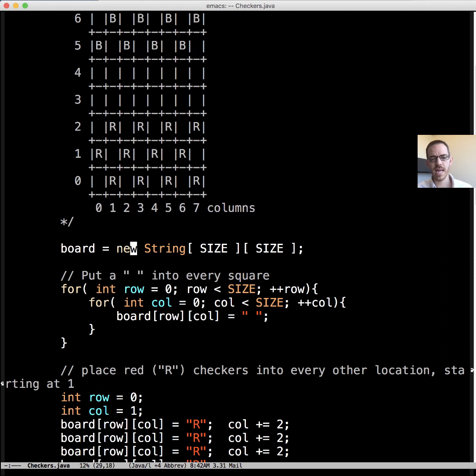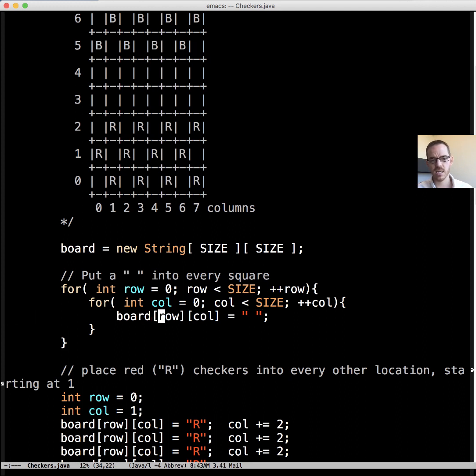So we are creating a new two-dimensional array here, an 8x8 board of strings, and we're assigning it to this array of array references named board. Now notice how we can initialize each square to space. Now we don't need every square to be space because we're going to put R's here, but it's just so much easier to do them all and then go back in and put in the R's and the B's. So we go through each row, we go through each column, and we assign them a space.